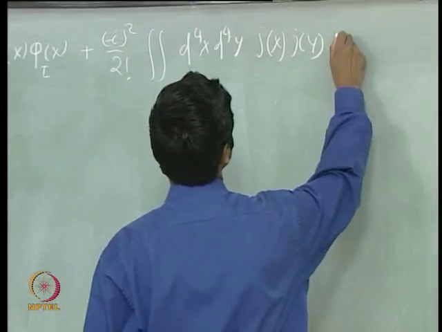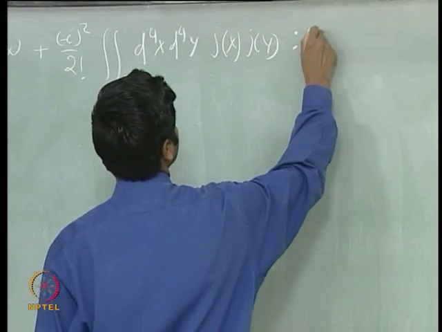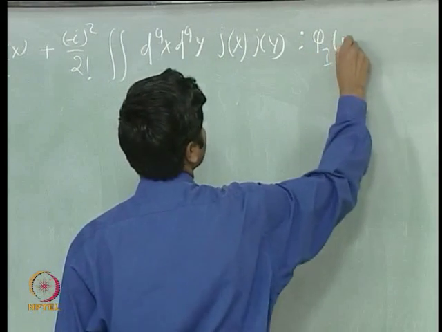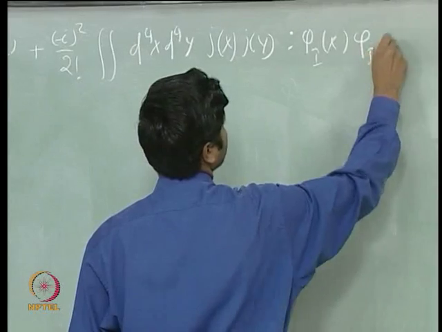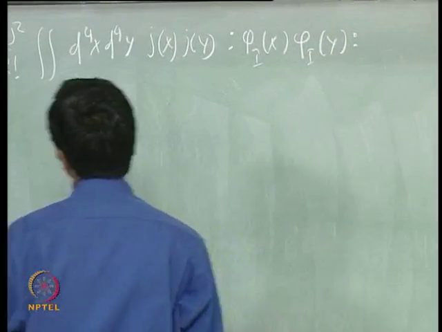Now, I have normal ordering of phi I x phi I y, and then